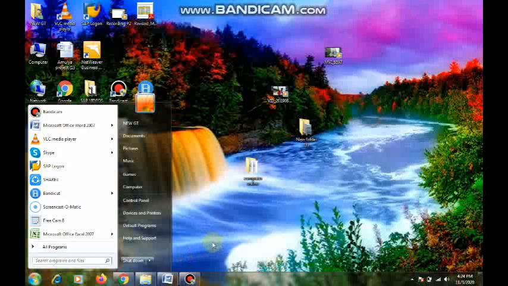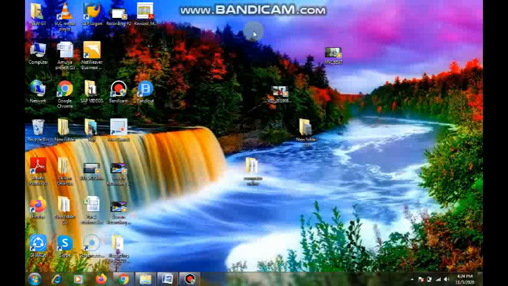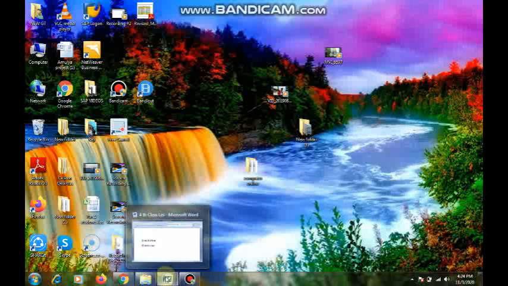So children, in this computer I am using Windows 7 as the operating system. If you are using Windows 7 as the operating system, the starting screen will appear like this. But if you observe in our textbook, another screen came. Here they gave another new screen.